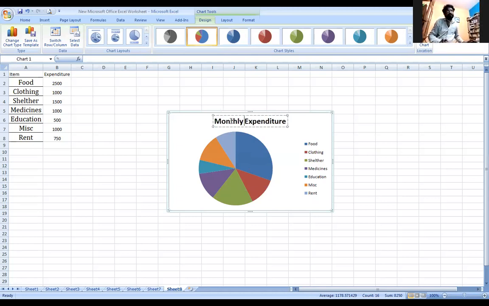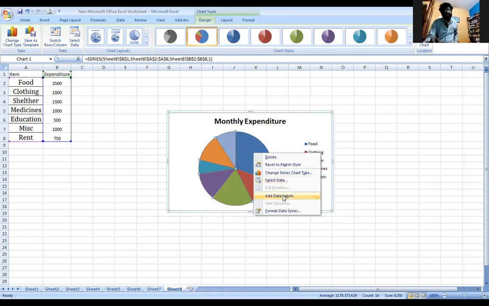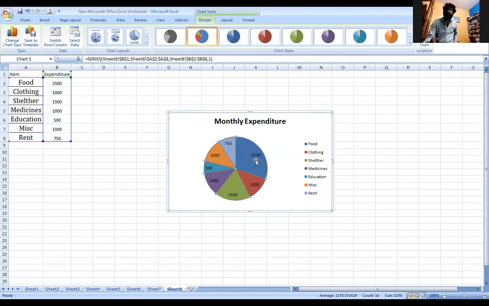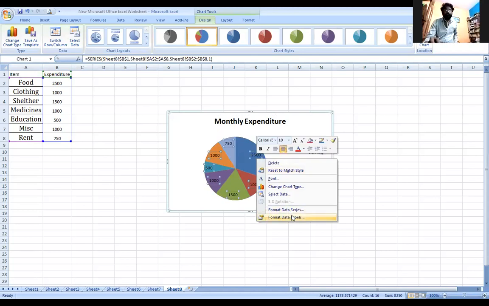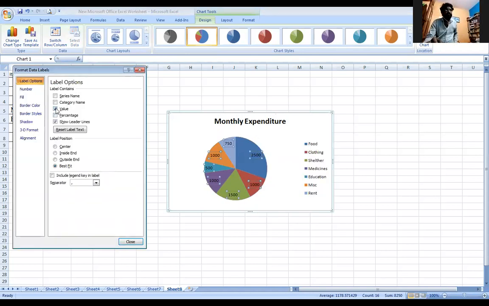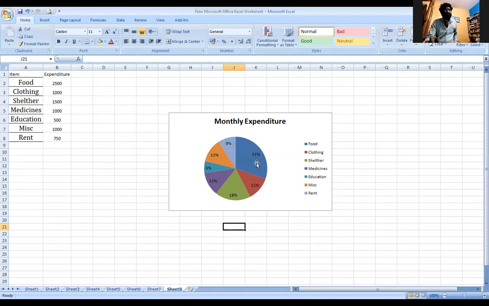I can make this as a monthly expenditure chart, and I am going to make this as categories. Then first I will go for the data labels, adding data labels. Then you can see the data labels are directly given with the 2500 categories. If not needed, I can click on, no need to go to this, I need the percentage, and click on the close button. You can see this 31.